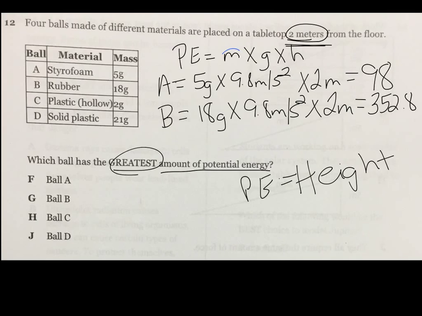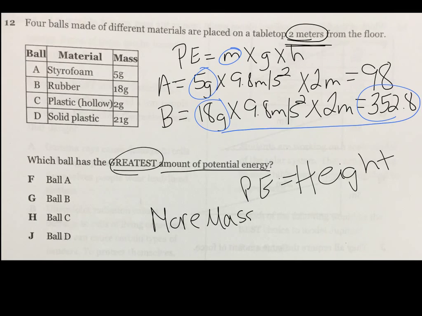Great, the only thing changing is the mass, right? So the more mass you have, the more potential energy, or the less mass you have, the more potential energy? Great job. The more mass you have, the more potential energy you have. So in this case, the ball that has the greatest mass would also have the greatest amount of potential energy. So let's write that down. More mass equals